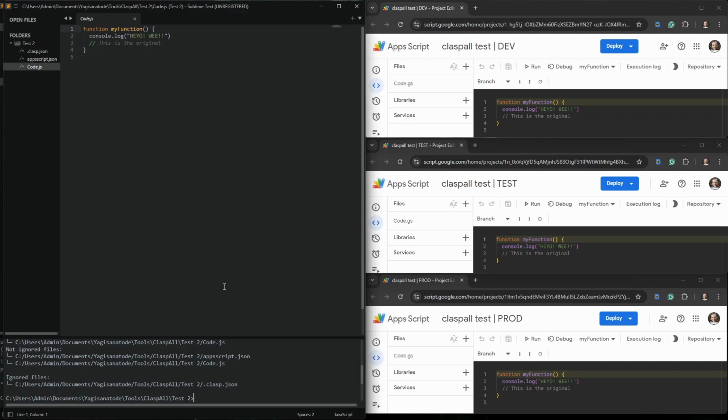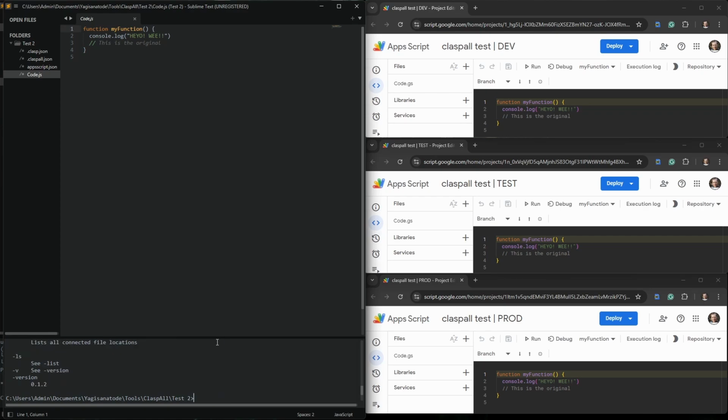Now, to add the test project and the production project to be updated with CLASPALL when we do our update, after we've downloaded CLASPALL, we are going to call CLASPALL. We can check its version, so we can use -v for version checking, or --version. If we get stuck, we can ask for a bit of help. We can say CLASPALL -h or help, and this is going to give us